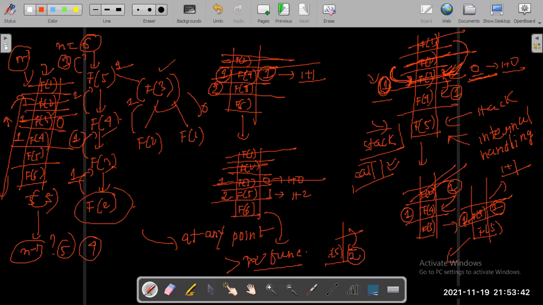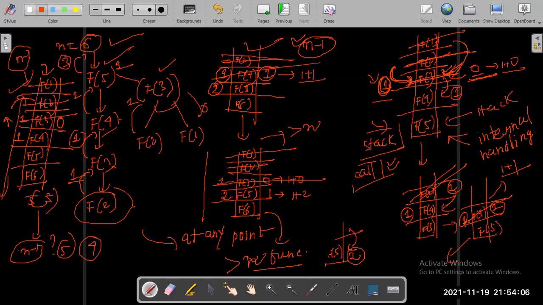At any time f of 3 is executing, any time f of 5 is executing, or f of 6 is executing, have you noticed that this particular call stack has got more than n functions? What was the maximum number that we have noticed? N minus 1. This is the maximum number of function calls that resided in my call stack.